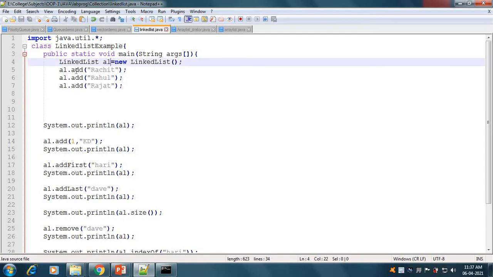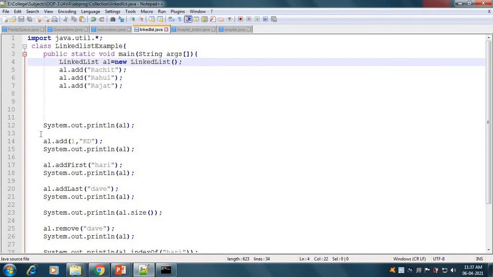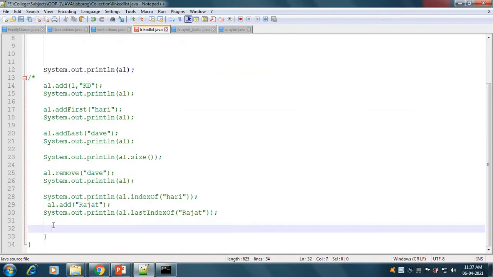Okay, here we have created al, the object of linked list. Here we will add elements into our linked list. So we will add three elements. One is Rajit, second one is Rahul, and third one is Rajat. Now if we print al, then it will print all the elements. We will see it by a demo. Here I will comment all this code.